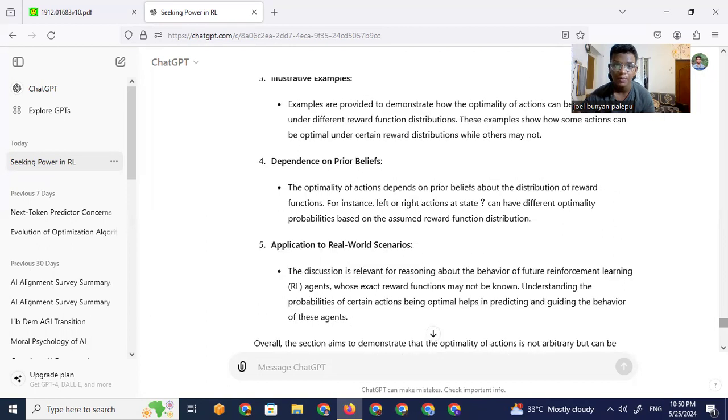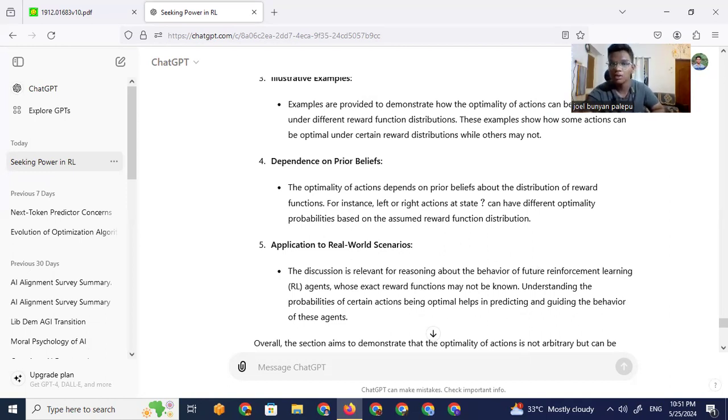So this depends on the prior beliefs. The optimality of action depends on prior beliefs about the distribution of reward functions. For instance, left or right actions at a state can have different optimal properties based on the assumed reward function distribution. Okay, application to real world scenarios. Let's see what this is. The discussion is relevant for reasoning about the behavior of future